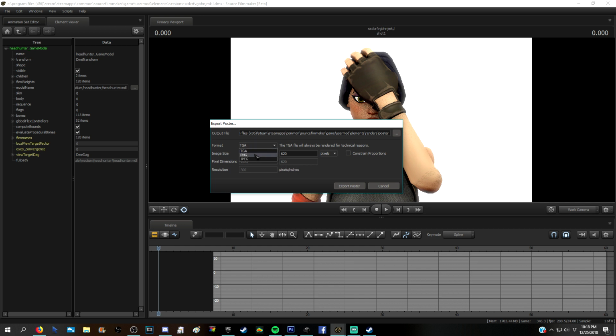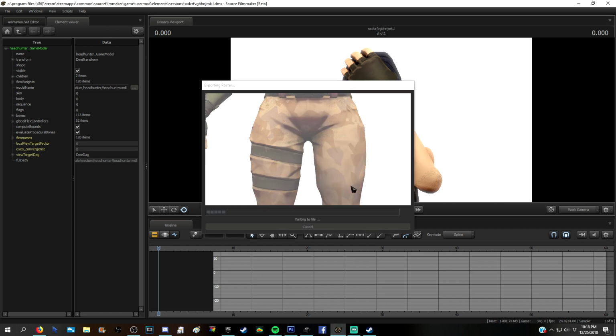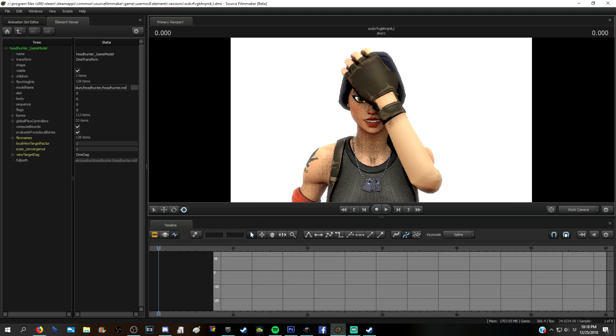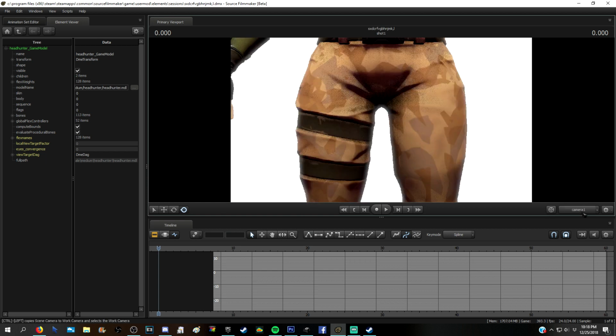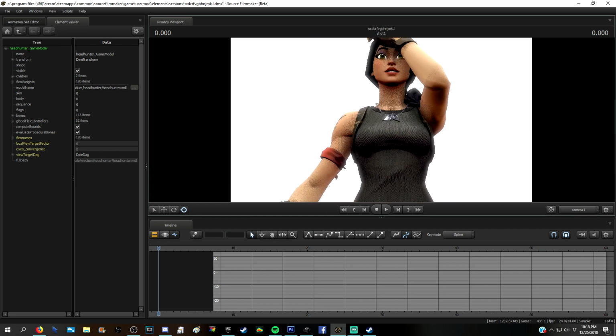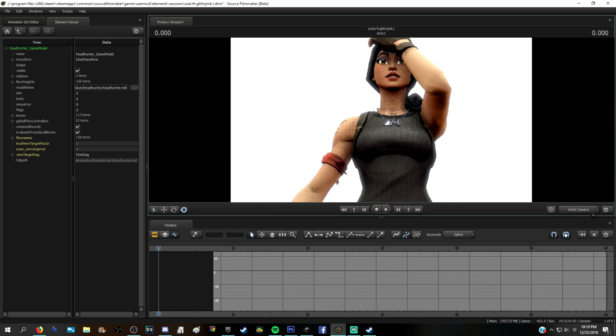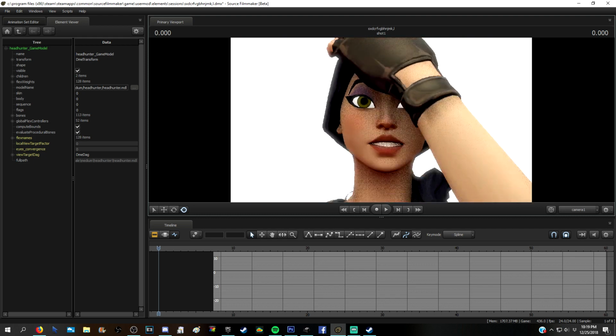Oh wait, no, wait, wait. Okay, you have to change the format also. So I do JPEG, but you can either do PNG or JPEG. Alright, and then you, okay, so I did something wrong, right? We're all gonna learn all this stuff, but okay, so what actually happens is that it actually renders from camera